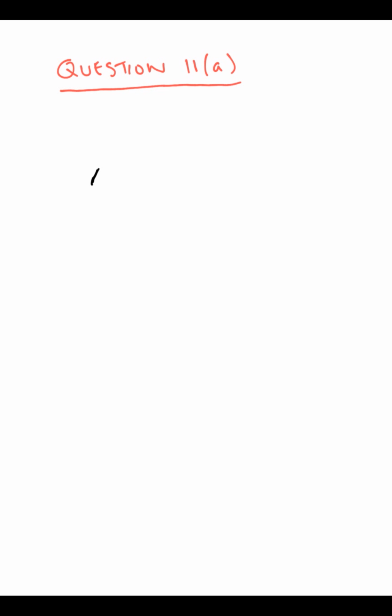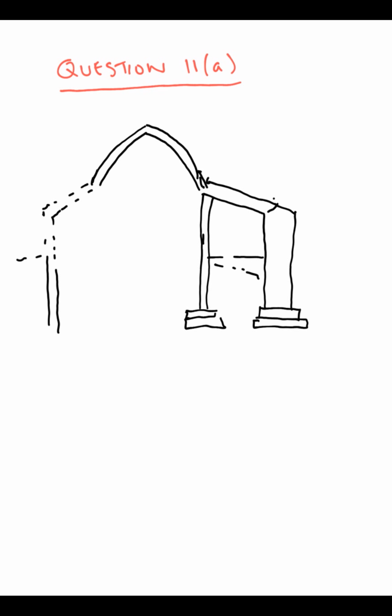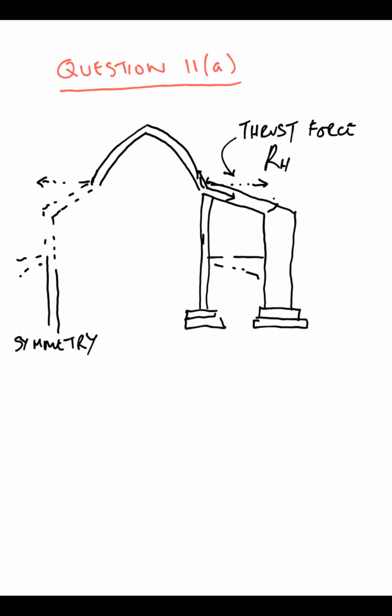Question 11a, and we're going to work first of all about what the thrust is going to be from the arch, which is restrained by the buttress. And we've got a symmetrical section. If we make an assumption that the thrust is horizontal, then we can ignore the fact there's a slight incline,